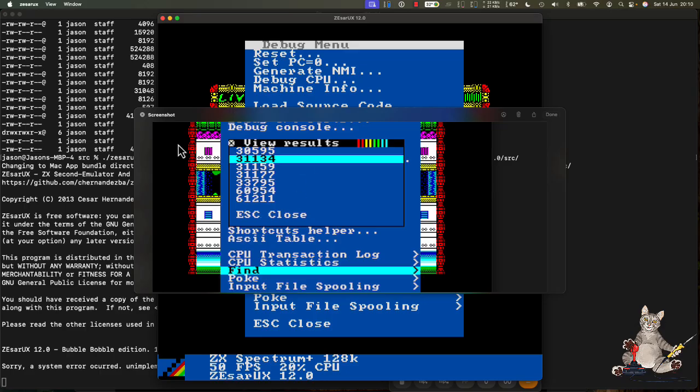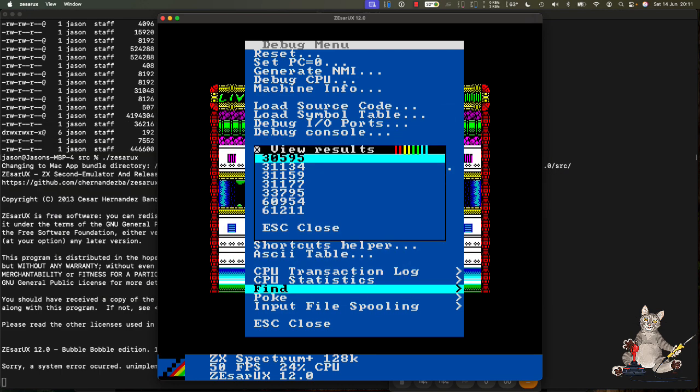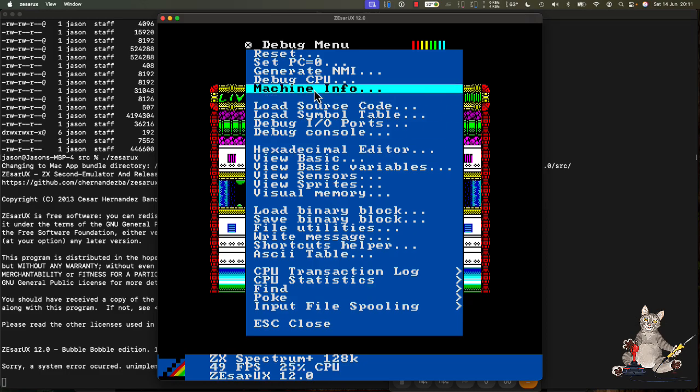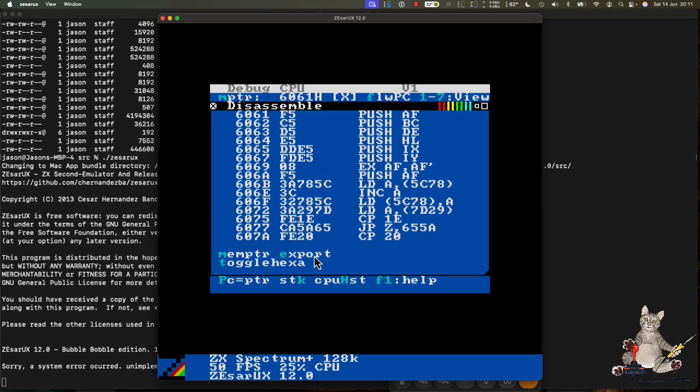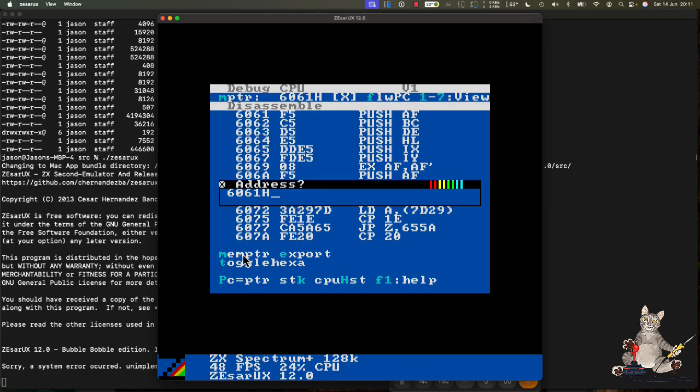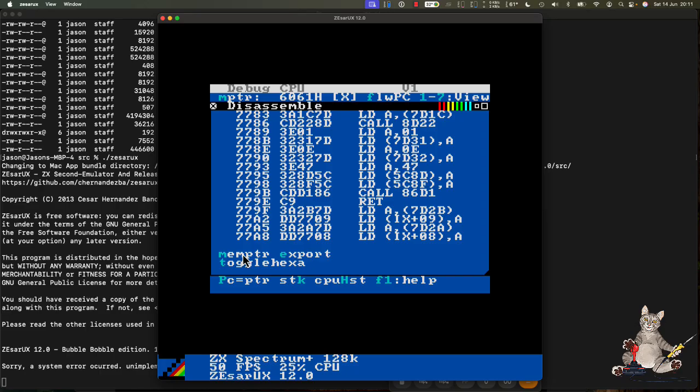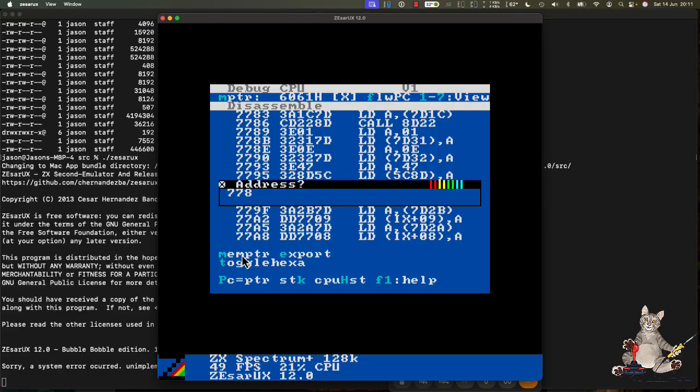So we're going to look at these memory addresses. 30595, 31134, 31159, etc. I'm just going to take those off screen. And we're going to go back to debug, debug CPU, disassembly, and then from memory address 30595, and we've got load A 7D1C. It's making a call. This looks like a possible initialization routine, so I'm not too interested in this one right now. Let's have a look at the next one,